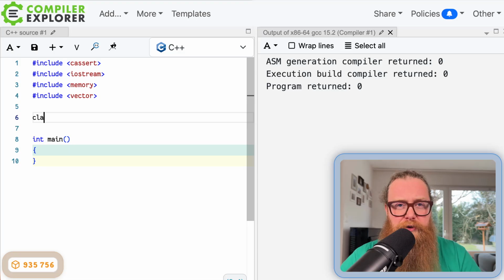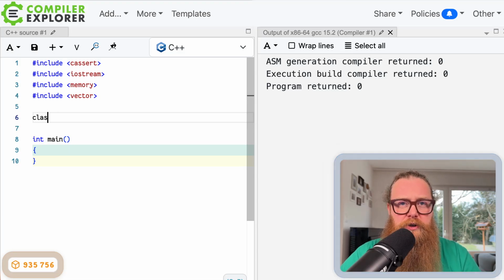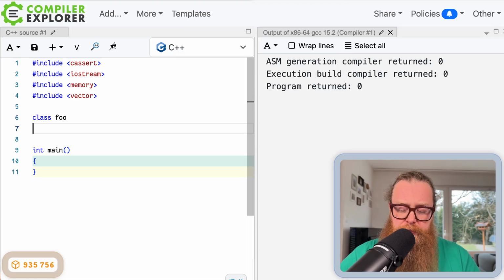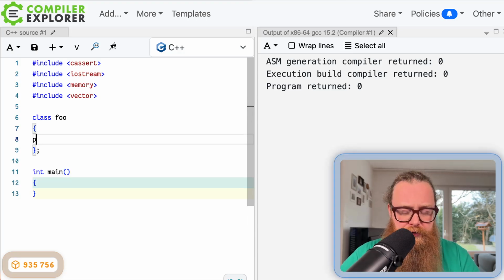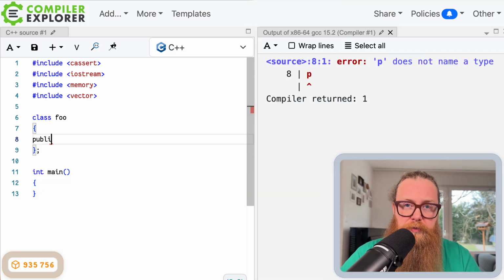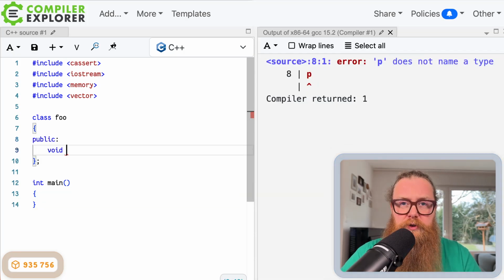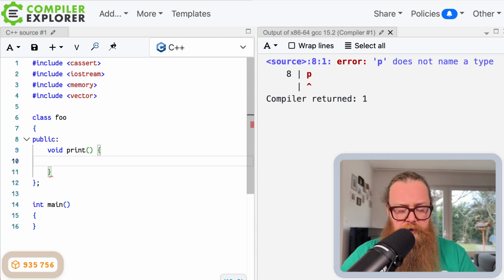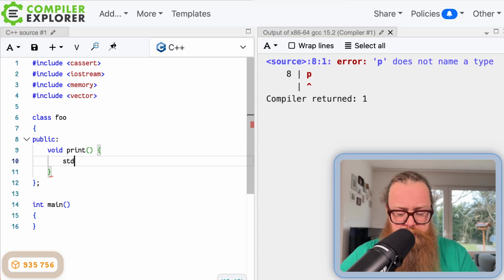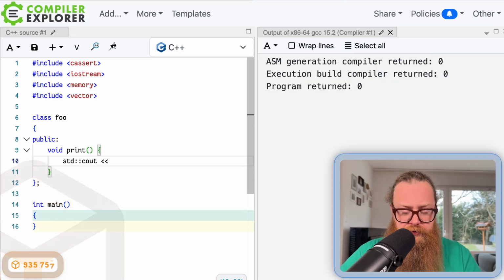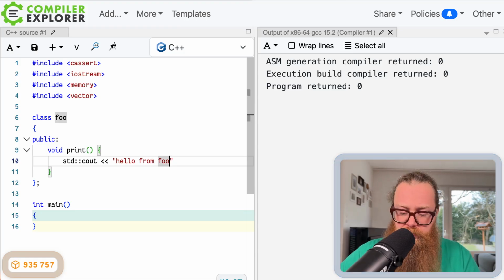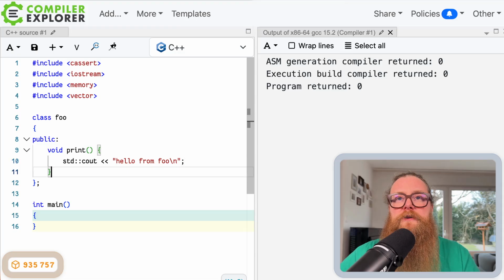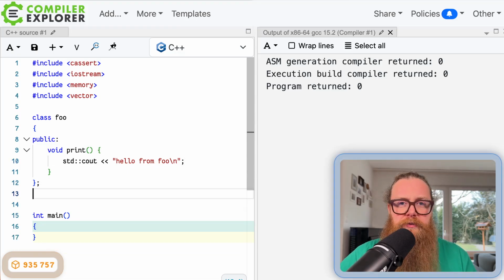Consider the following. We have a class, we call it foo, and that class has a public function print, and we simply output "hello from foo" with a line break. And in the example, let's say we have a client,